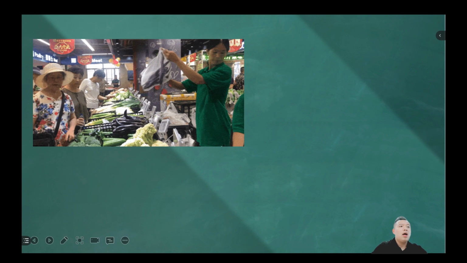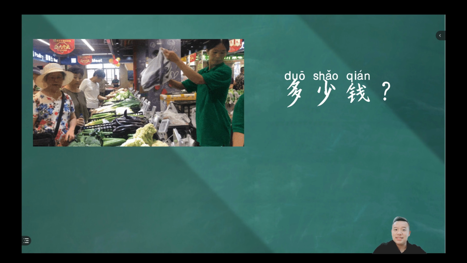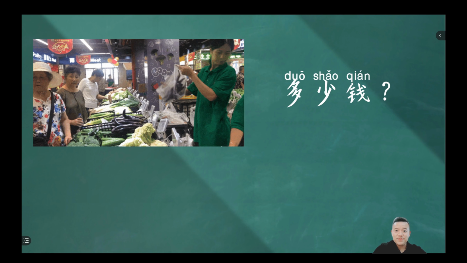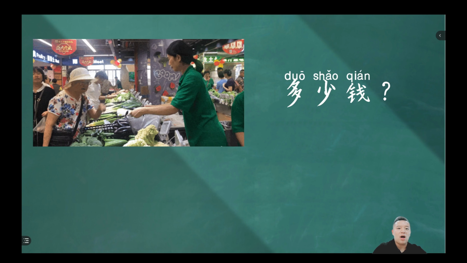So those dama, or you could call them nene, or any elder citizens, senior citizens, okay, they will always be talking about the price. So how to say harga berapa in Chinese? Yes, 多少钱？多少钱？